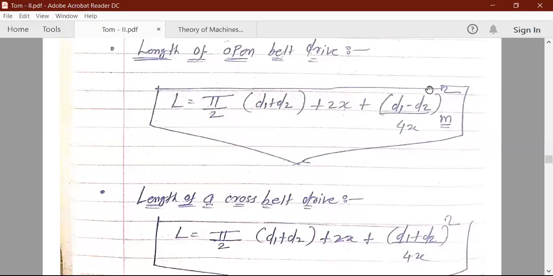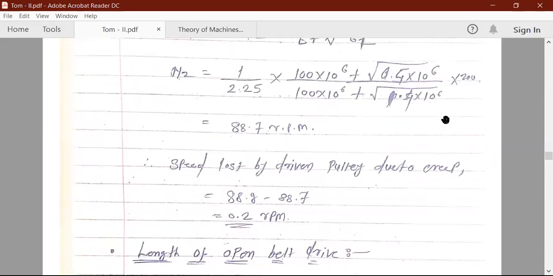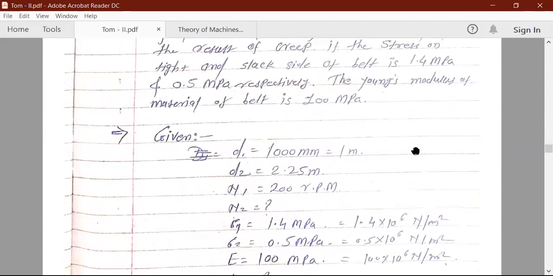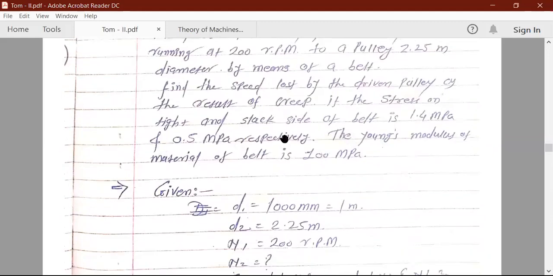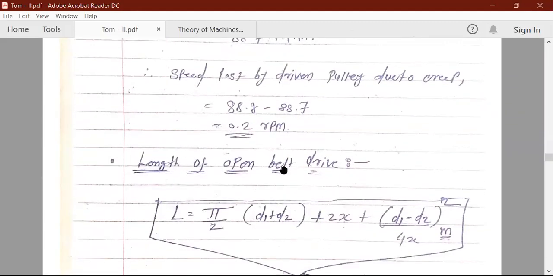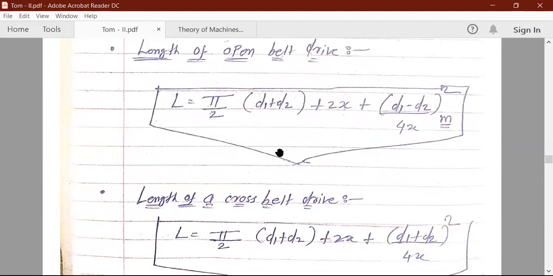Good afternoon, everyone. In the last lecture, we saw slip of belt and creep of belt. Also, we covered the numericals based on slip of belt and creep of belt. So today, we are going to start a new topic, that is length of open belt drive and length of